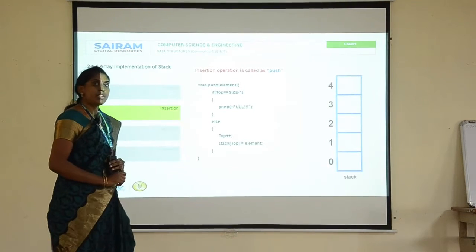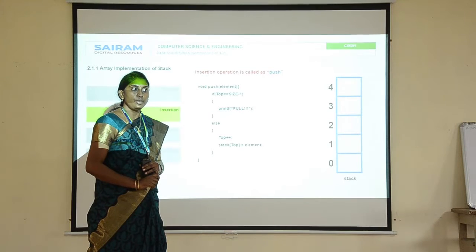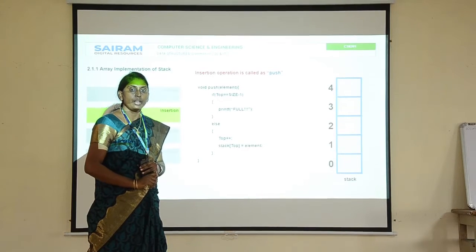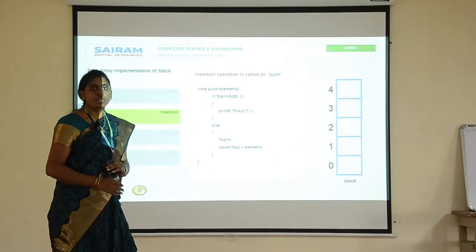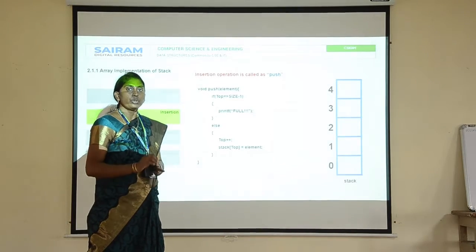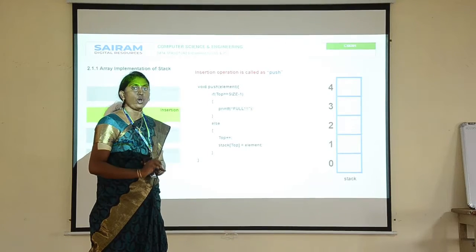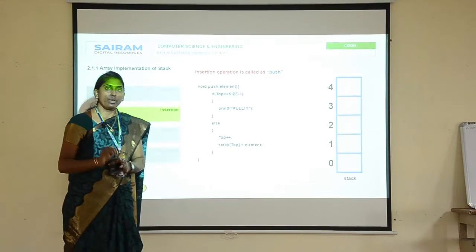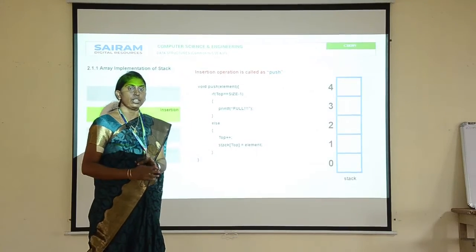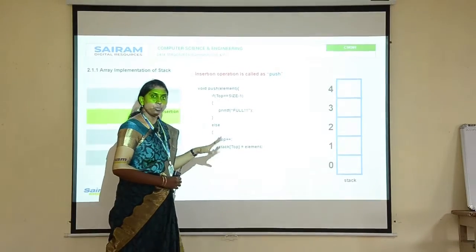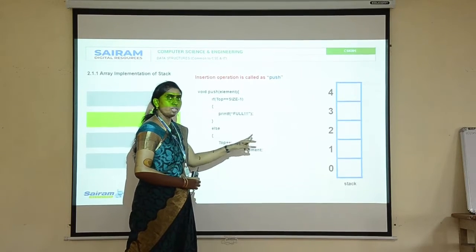Before inserting a value, you need to check whether the stack is full or not. If your stack is full, your memory is full, so you cannot perform the insertion operation. If your stack is not full, you have to check which place is empty, and insert the element at the top of the stack. Before inserting, you need to identify the topmost pointer of the stack.